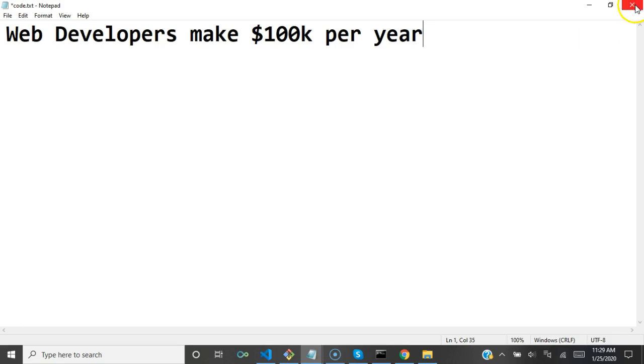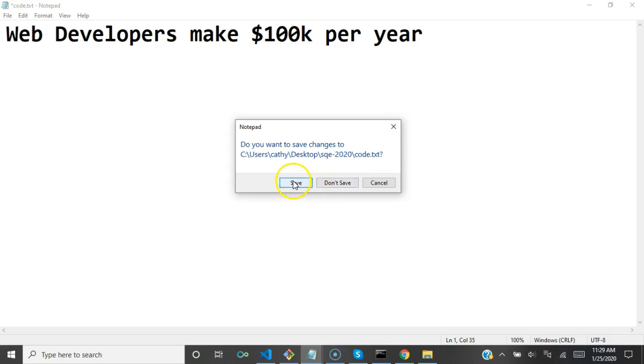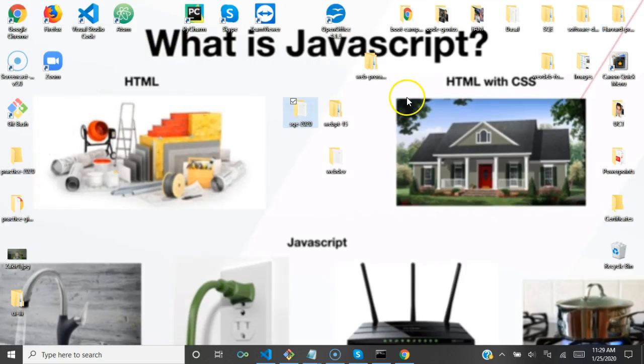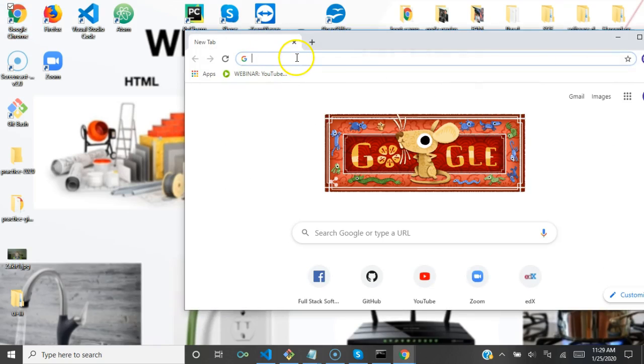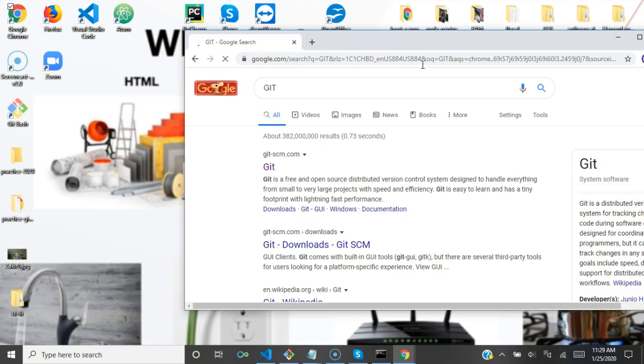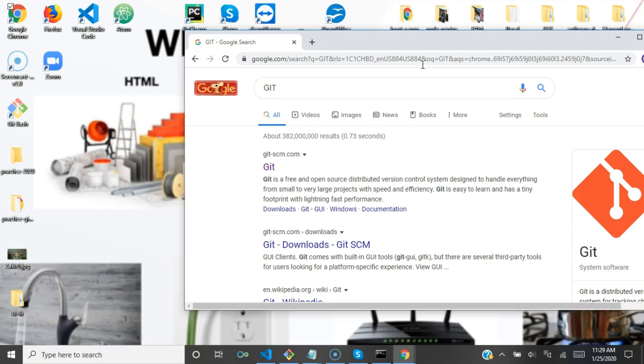Okay, now I want to save it, definitely. Now the easiest and fastest way of creating files and folders is using Git technology. Okay, what is Git? Git is a version control. You can just go to Google and write Git, not GitHub. GitHub is a different thing. We will go through it